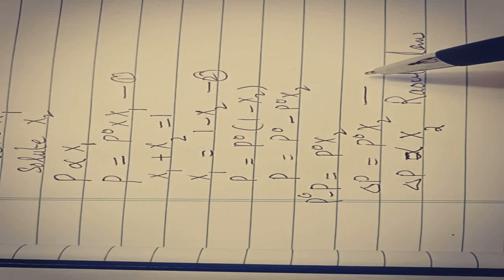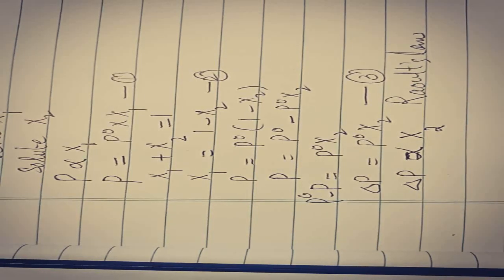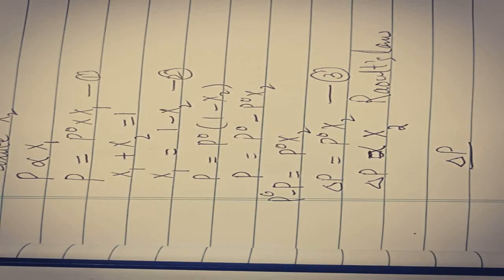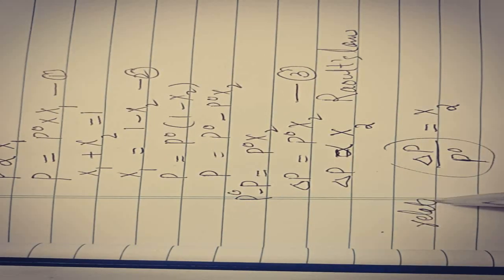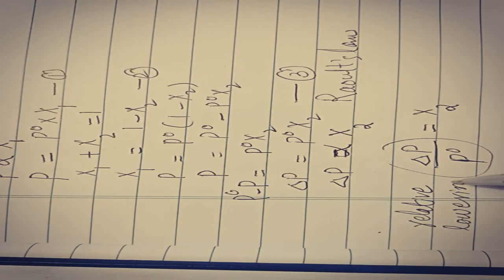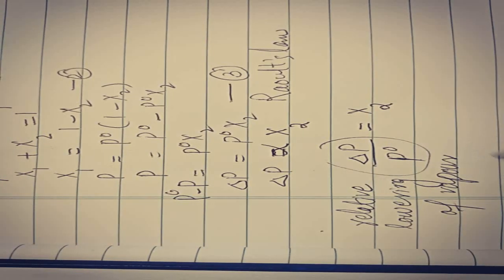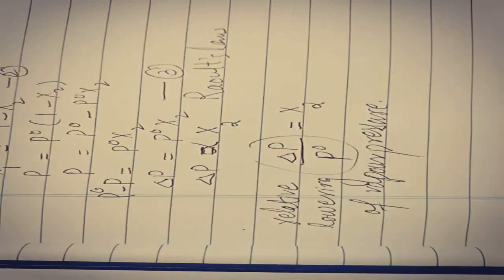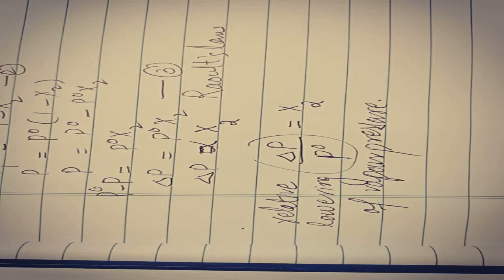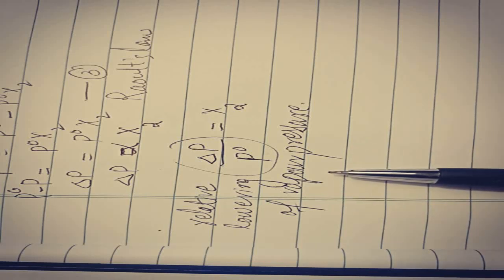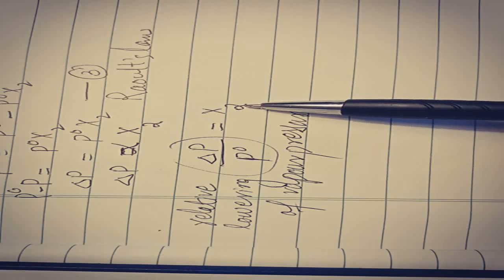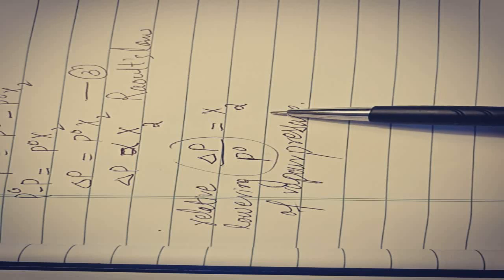So equation number 3 is rearranged as change in vapor pressure with respect to vapor pressure of the pure solvent is equal to mole fraction of the solute. And this term is known as relative lowering of vapor pressure. So here we get the third definition. According to the third definition of Raoult's law, the relative lowering of vapor pressure is equal to the mole fraction of the solute. According to this third definition given in this equation, we feel that it should be better reported in the literature rather than the lowering of vapor pressure,